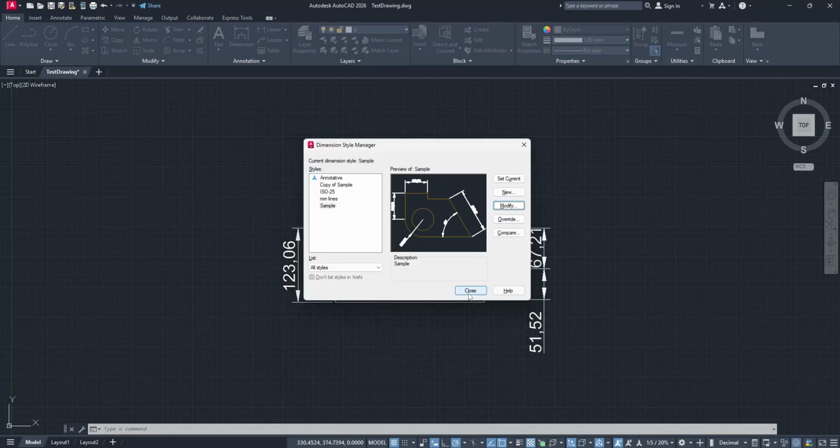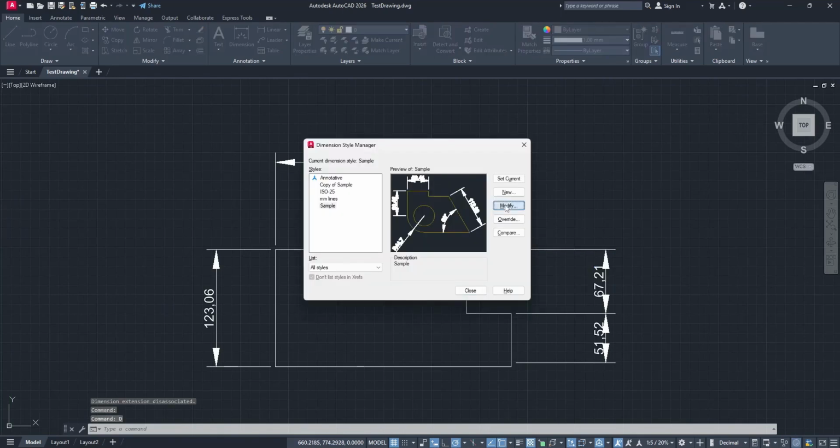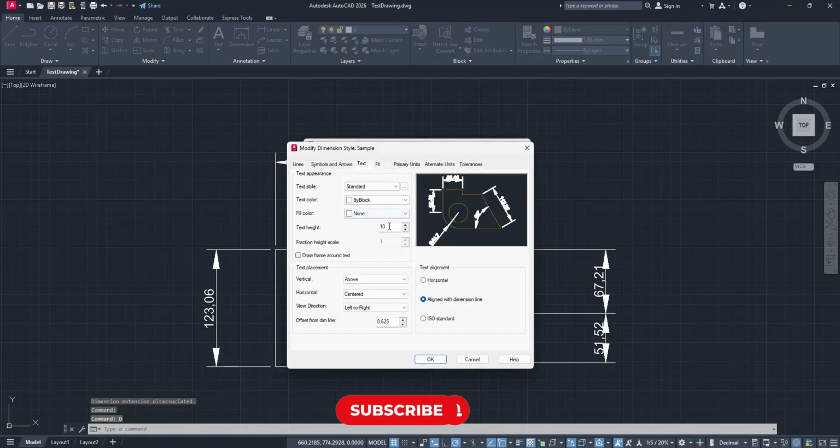Sometimes the adjustments might not be perfect on the first go, and that's completely normal. The key is to experiment with different values to find the exact size that fits your specific needs. You want your dimensions to be clearly readable, yet appropriately sized for the scale of